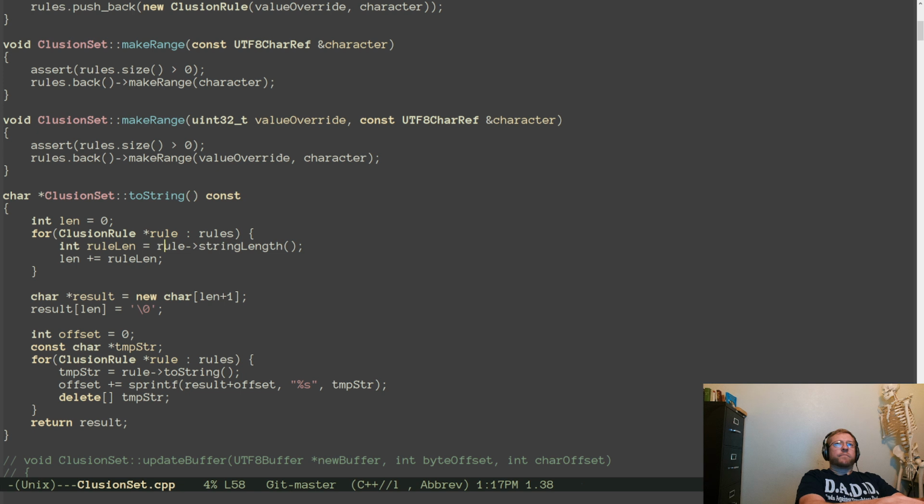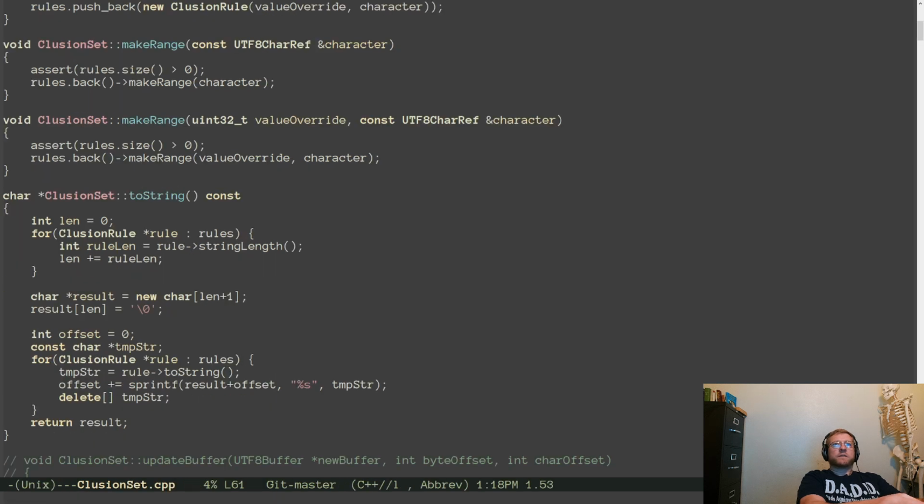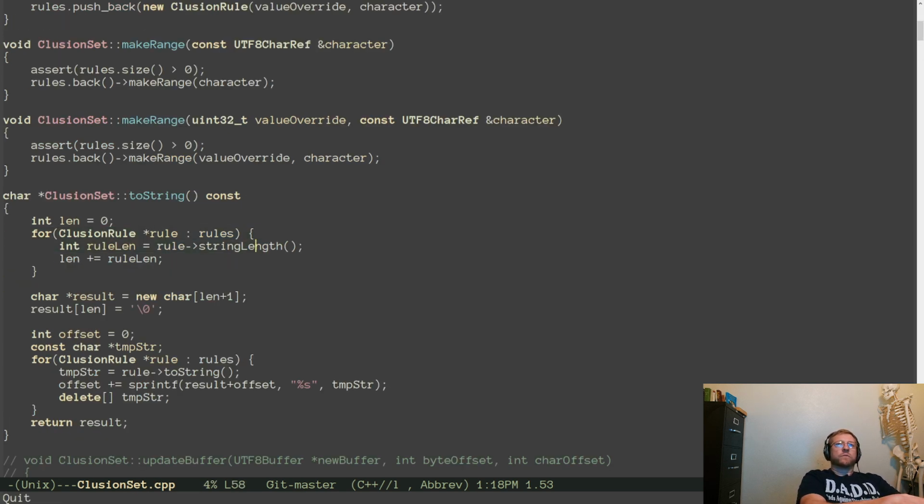I wish the crash would happen in here where I can actually see it. It says it's in the STL list, which is a list of rules. So each time we go through the rules, have the inclusion set have a null rule.